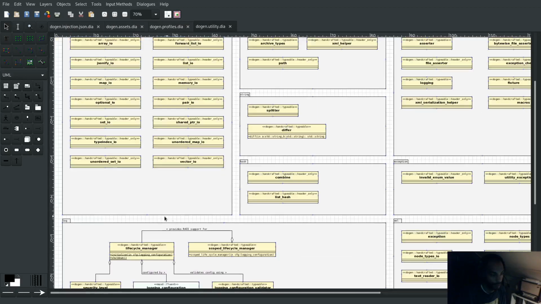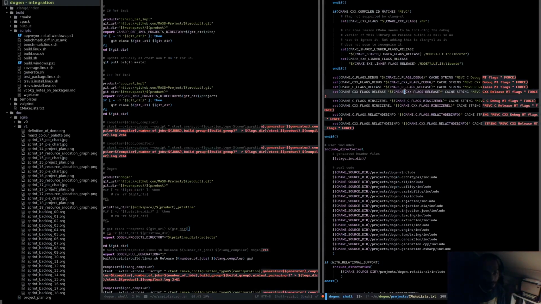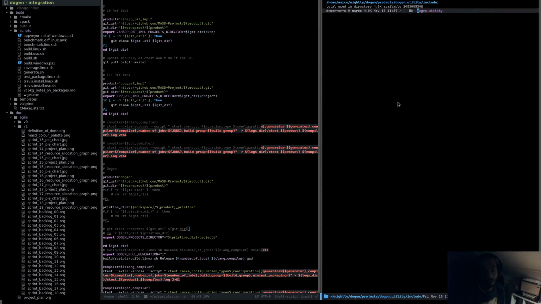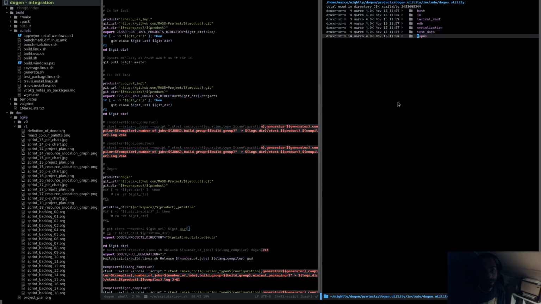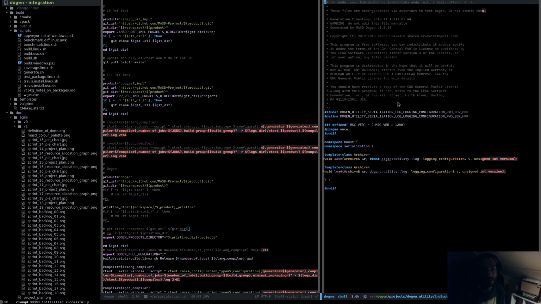So if I open up utility, which is a bit of a special model really, there's the logging configuration, which is fluent, and now we're serializing it. If we have a look at utility, include, we see all the facets are coming through here. We want serialization, and then log, and then forwards. Now, we seem to be forgetting to include the type in serialization. This is a very strange bug because